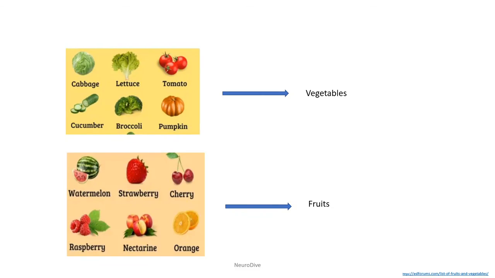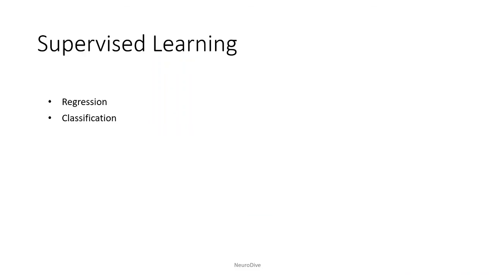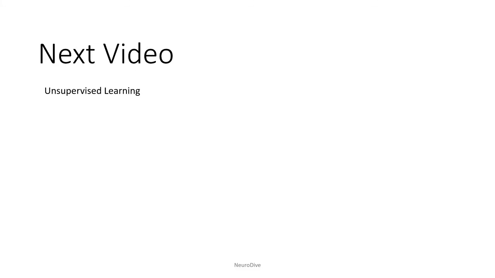So we are comparing the result based on the actual values and the answers given by the student, or in our case, the answers given by our model. So we need the output or the target values or the answers so that we can feed them to our model and our model compares the predicted values with the actual values that we are feeding to it. Supervised learning is also of two types, regression and classification, which we are going to discuss in future videos. But in the next video, we are going to discuss unsupervised learning.